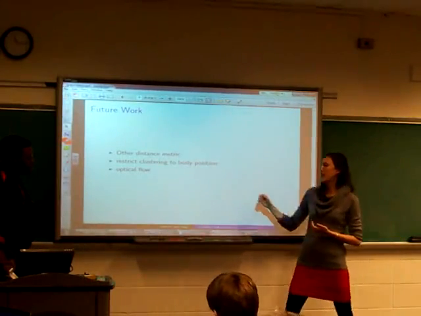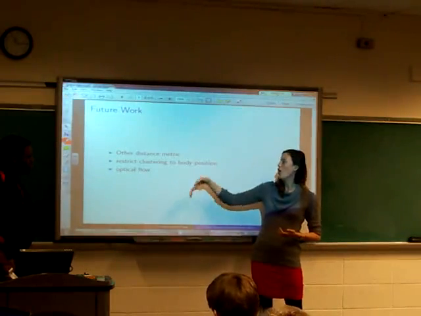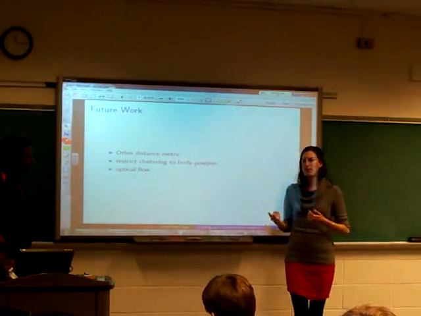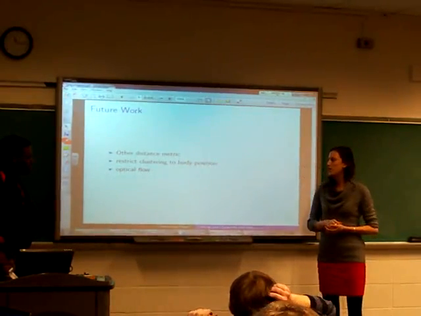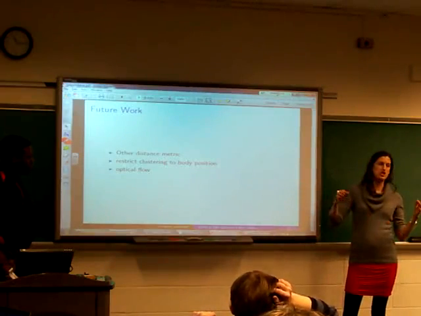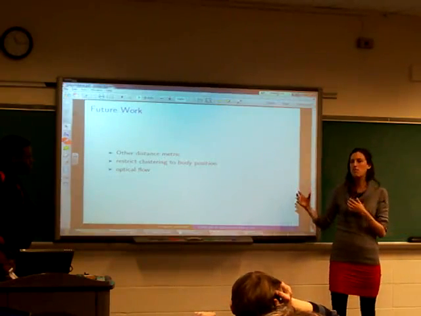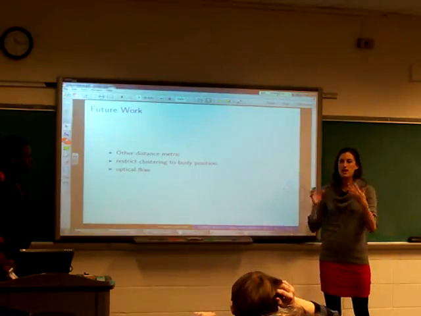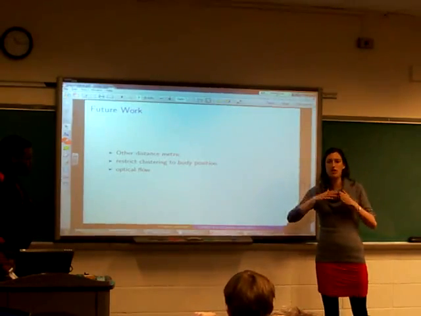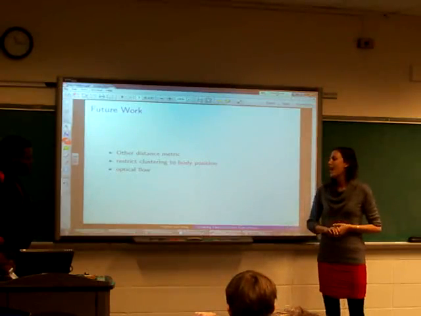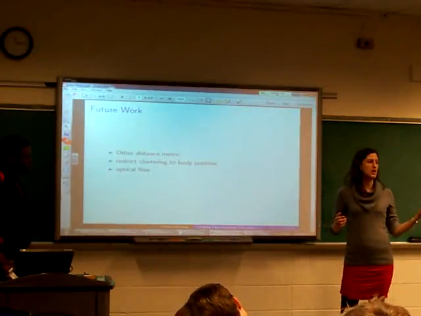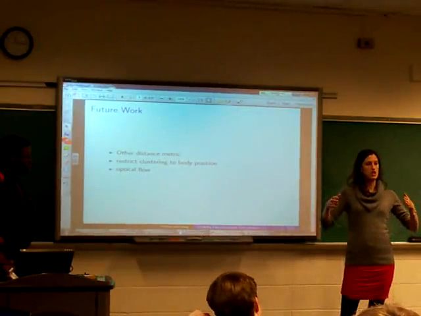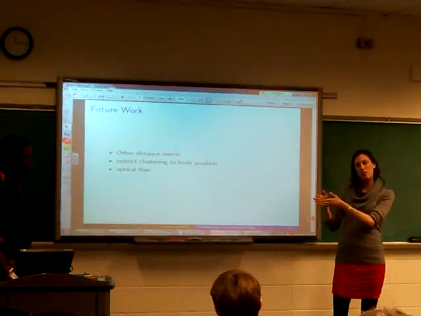So this could be done using optical flow or a different distance metric. And we could also try to restrict the clustering to body position to avoid noise in the background. Maybe there's a car in the beginning and then there's no car, and then this is what discriminates the clusters. And also, instead of k-means clustering, we could use hidden Markov models, which additionally to putting similar